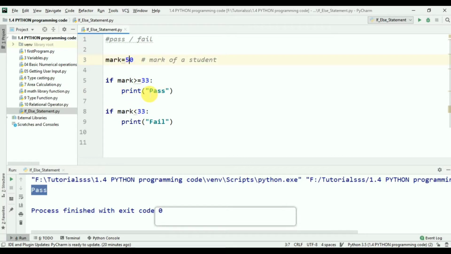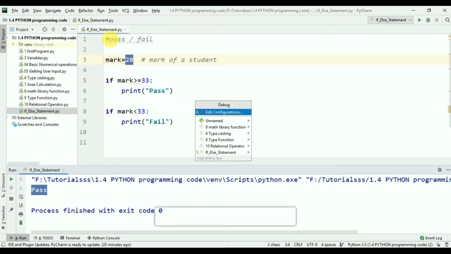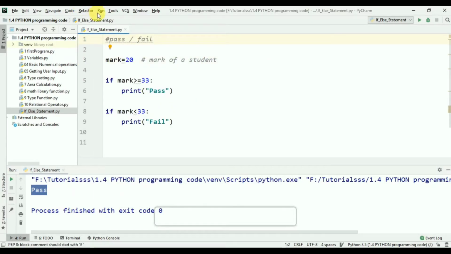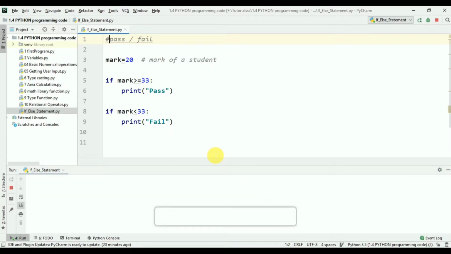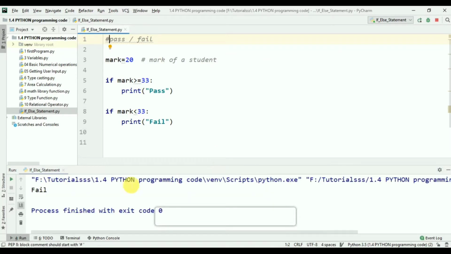Now let's decrease this value to 20 and run this code again. Now let's check. Here you can see it will print fail because 20 is less than 33.